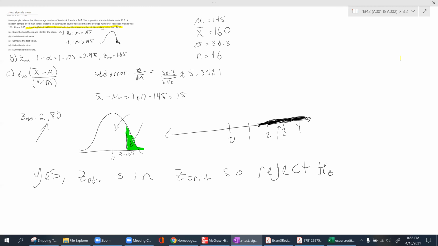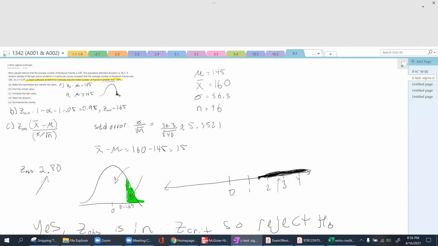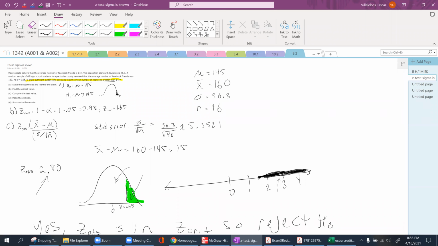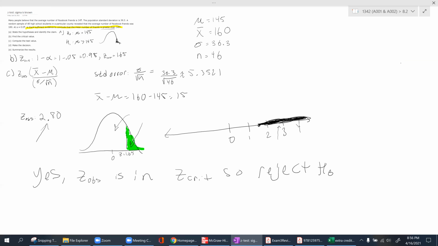As the statistician, you would say yes, z observed is in z crit, so reject the null hypothesis, and we said you're going to answer yes. If it's in the critical region, you answer yes to the question. So you're going to state yes,